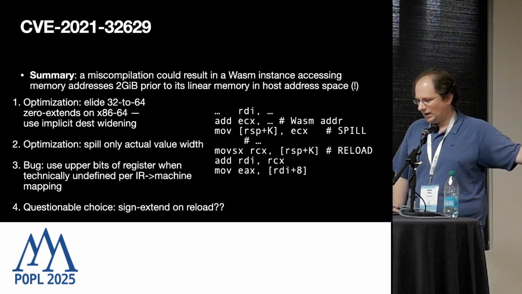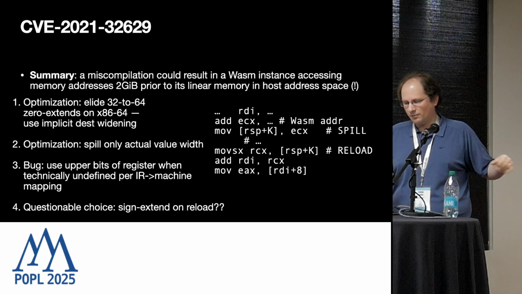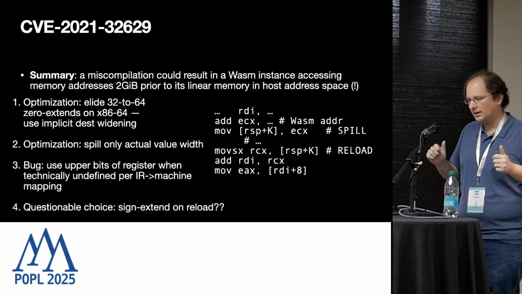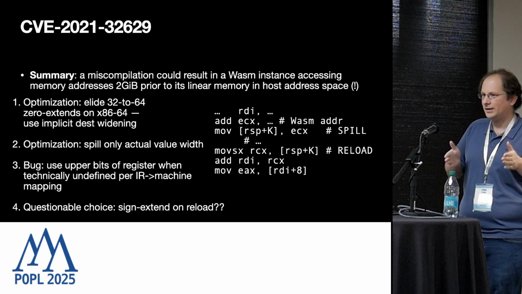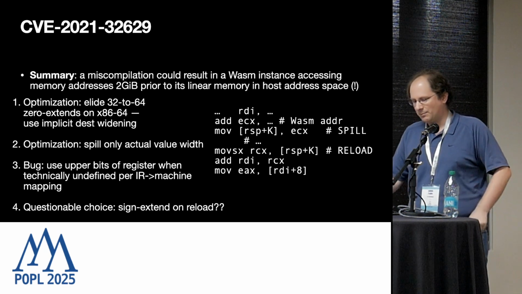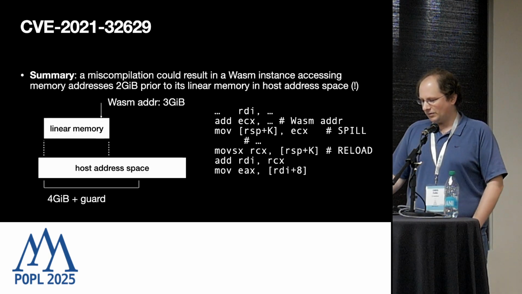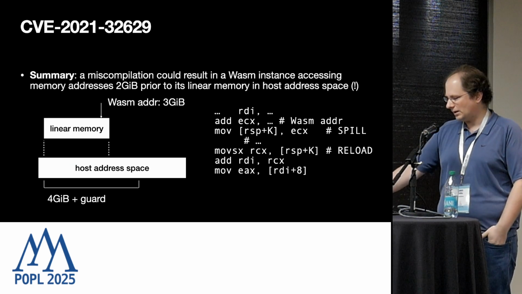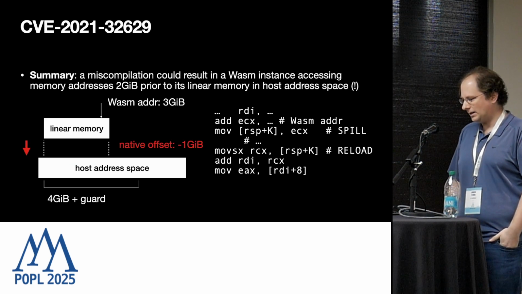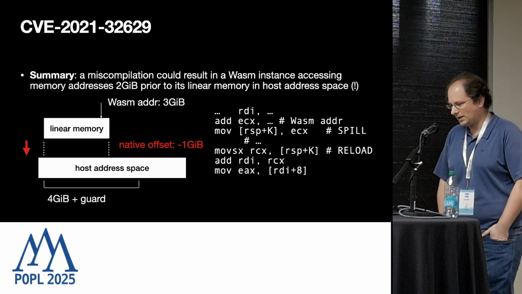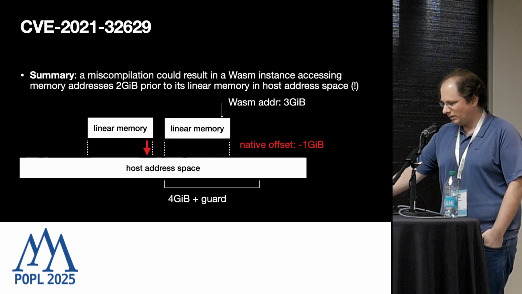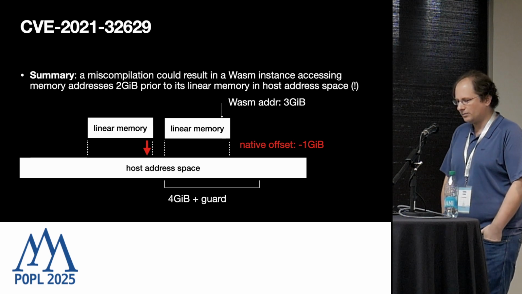a normal load. And so the effect of this is that we would spill a value, we would load it back, the upper bits would turn from zero extended to sign extended. And that happened in the middle of the sequence that assumed that it was still zero extended. And so the effect of this is if you had a Wasm address above 2 gigabytes, it would actually become negative. So 3 becomes -1 gigabyte, which is really exciting when you have a host memory layout that looks like